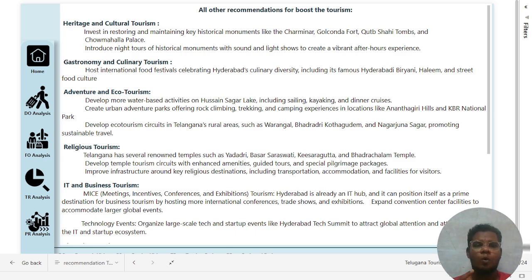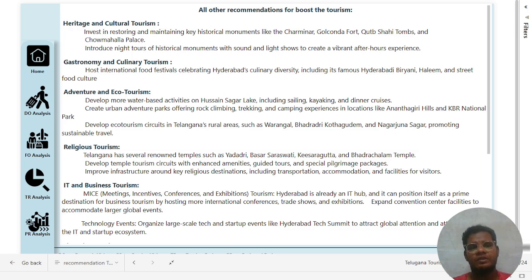Develop more water-based activities on the Hussain Sagar Lake, including sailing, kayaking, and dinner cruises. Of course, it's a very interesting thing. And create urban adventure parks offering rock climbing, trekking, and camping experiences in locations like the Hills and the KBR National Park. Develop ecotourism circuits in Telangana rural areas such as Warangal, Bhadradri Kothagudem, Nagarjuna Sagar, and promote sustainable